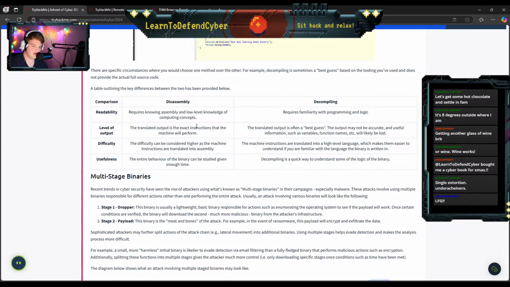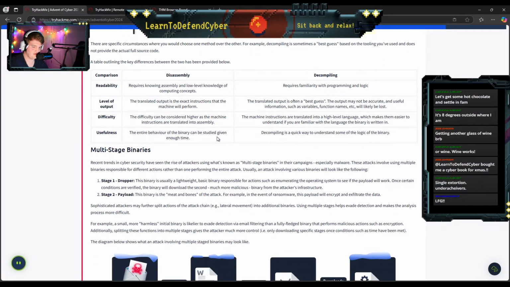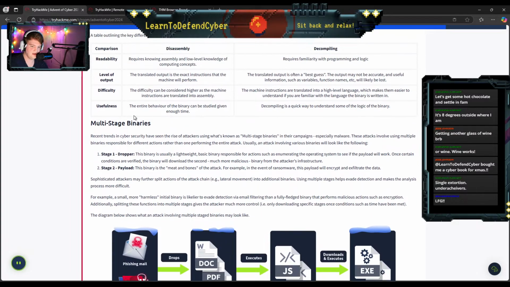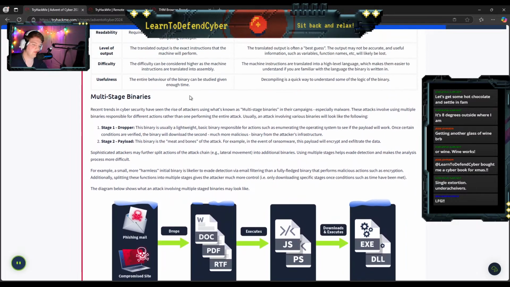Level of output: translated output is often a best guess, so a decompiler is more likely to give a best guess, whereas a disassembler is more accurate. Difficulty is the same thing as readability. Usefulness: the entire behavior of the binary can be studied if given enough time. Decompiling is quick, whereas disassembly is a little slower.